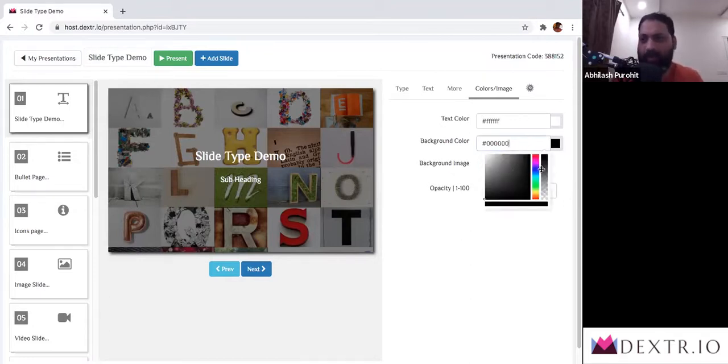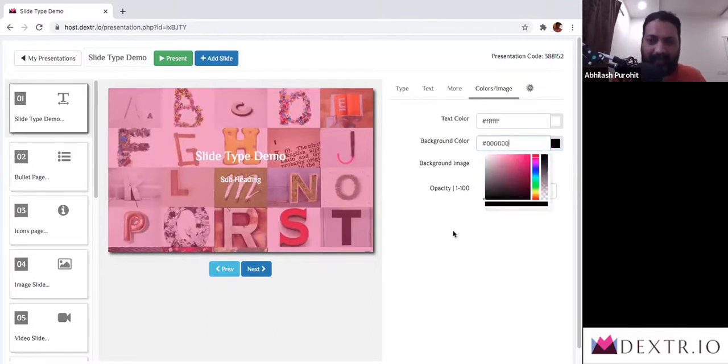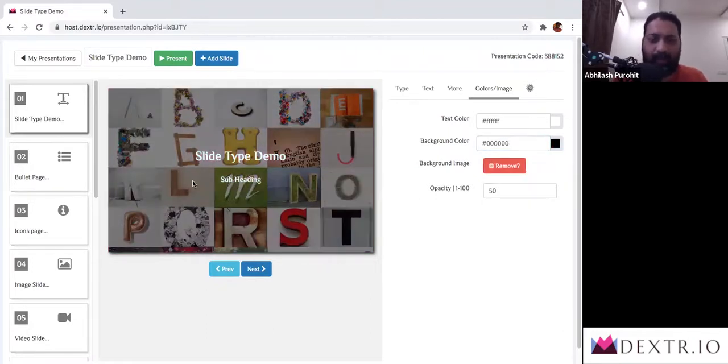Once again, you have an option to pick whatever color you want. You could go, for example, and do this, and that tint or that shade is applied. My experience has been that if I go and select a black one and a white text on it, or a white one and black text on it, that stands out really well.